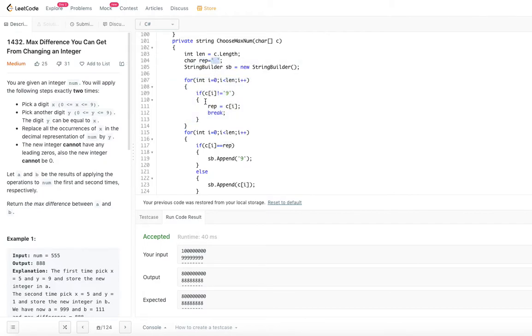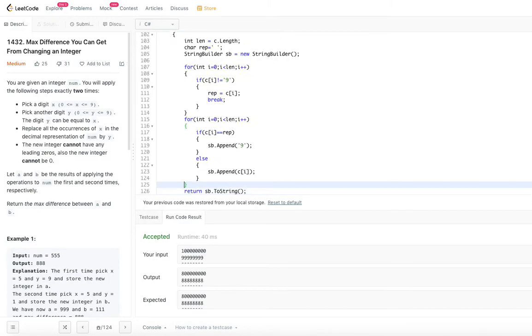Otherwise the replacement will have that particular character. So this will find me the first character which is not 9. I am going to replace all the occurrences of that character with 9. That will be taken care of by the next for loop. Here, if it is equal to the replacement character, then append 9, otherwise just take the character itself, and finally return the string. So this is how we are coming up with the maximum number. Now let's go ahead and look at the minimum number.